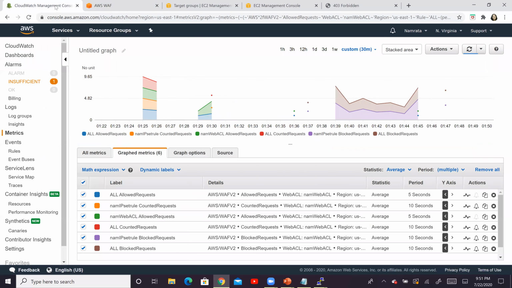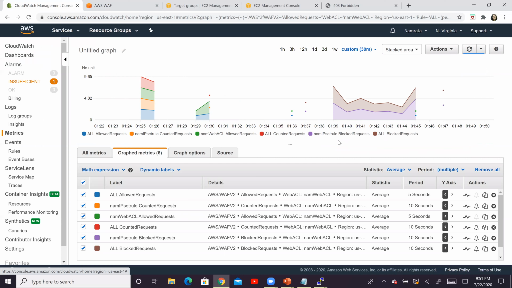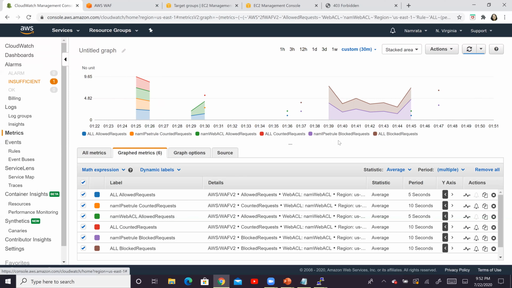So this is pretty much how you go about leveraging WAF. I hope, guys, that you like this particular service. It is really cool. I would definitely recommend that you do this on your own so you will understand how these metrics work, how the blocking or the counting works, or maybe even if you want to just do a simple allow of a specific request for a specific IP address, you can certainly do that as well.